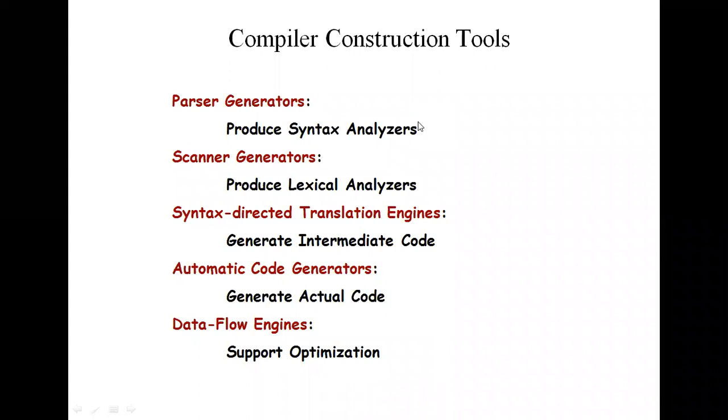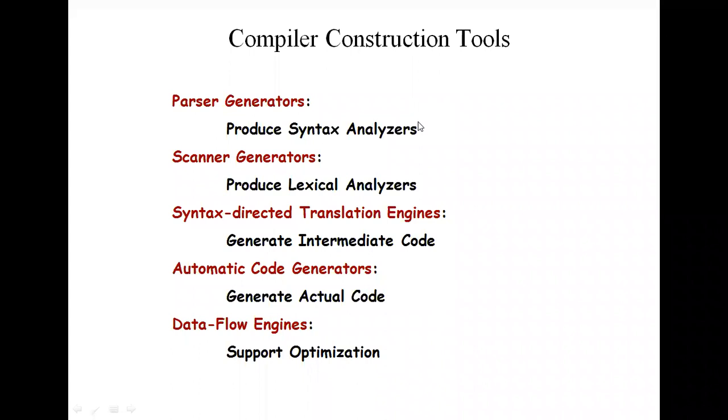For example, I represent a tree structure. In the tree structure, I am having some external nodes and some internal nodes. Means by using this tool, the translation is going to be done. What type of translation? We call it a translation schema. What type of translation is going to be done? Giving the meaning to each and every node of the tree. And that's what we are implementing with a syntax directed translation engine.